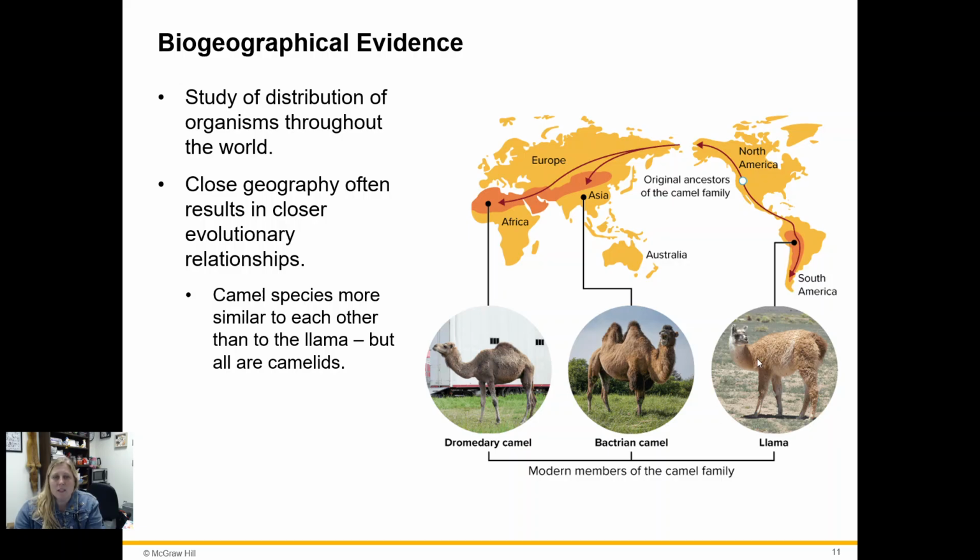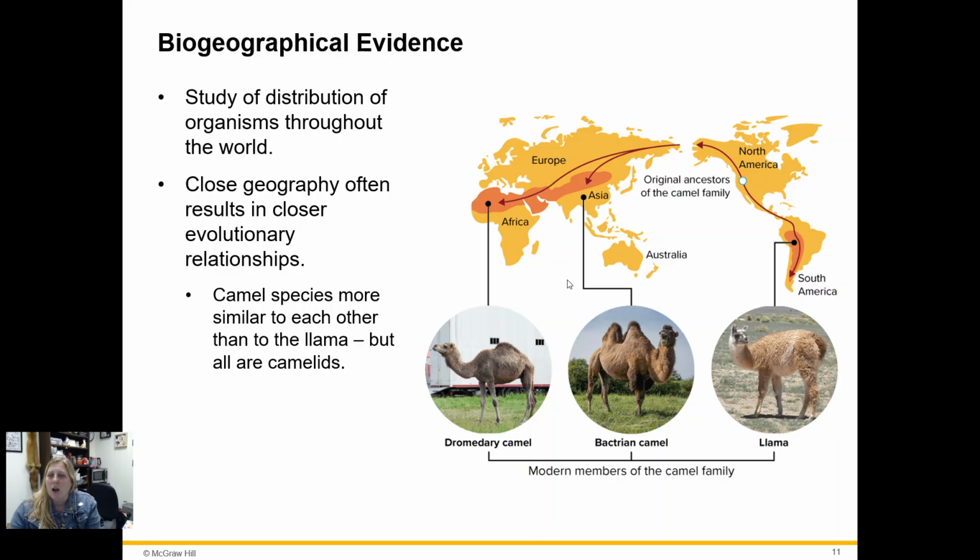Camels are related to llamas and alpacas. But if I were to say llamas and alpacas are more related to one another, and camels, the dromedary and Bactrian camel, are more related to one another, that makes sense to us. We are seeing more common characteristics between the two camel species than we see from the llama species. But if we look at their physical characteristics, they have the same kinds of coats. They actually all live in kind of cold, dry, or hot, dry, basically harsh areas, and so they're good at